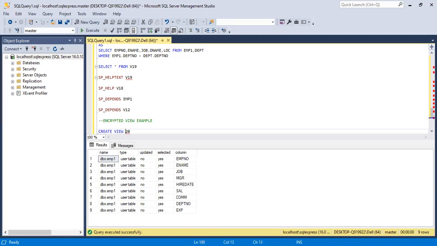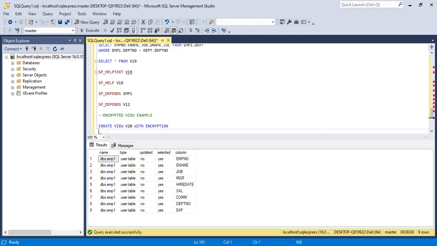Create view V20 with encryption. This is very important. This keyword we have to mention. Create view V20 with encryption as